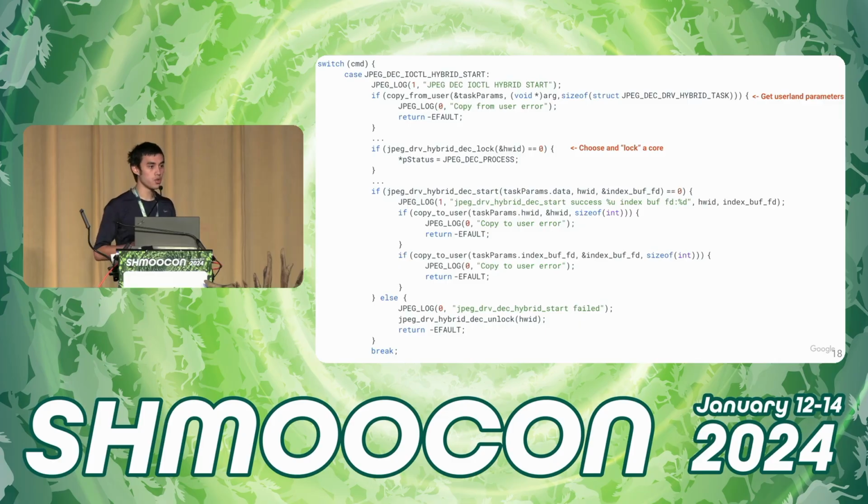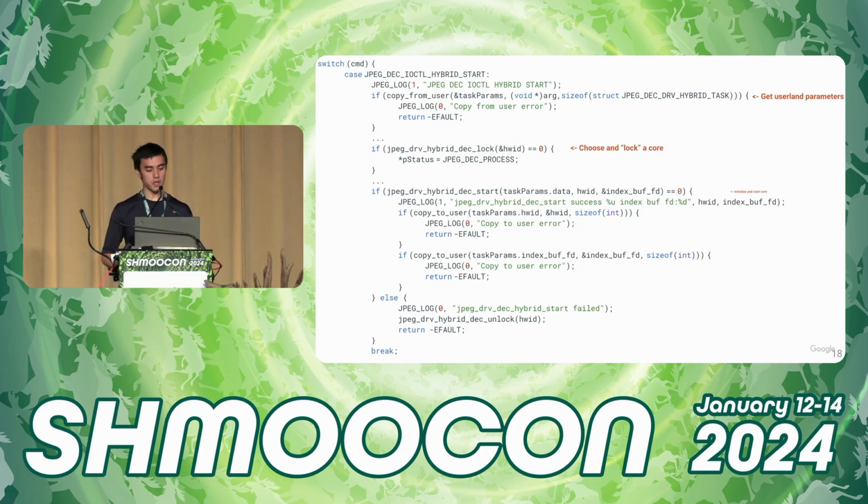As I noted, there's 2 cores, which means 2 streams can be decoded simultaneously. This dec lock function has to choose which core it can access based on what other threads on the system are doing. So if another thread in another process chooses to decode a stream, then they can't both decode with the same core simultaneously. This function has to make sure that that doesn't happen. And we'll talk about that function a little bit more.